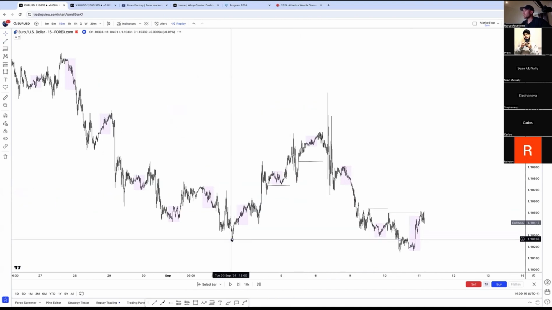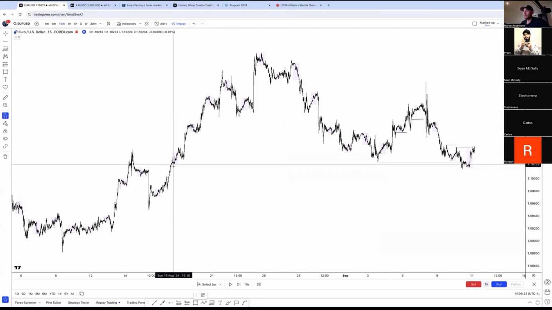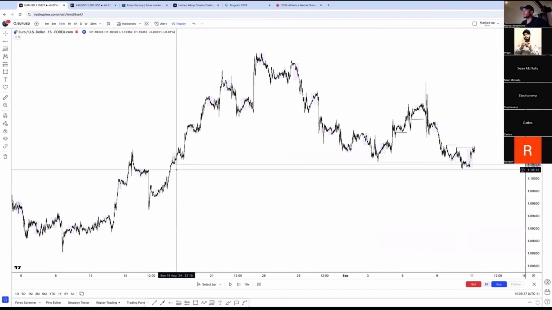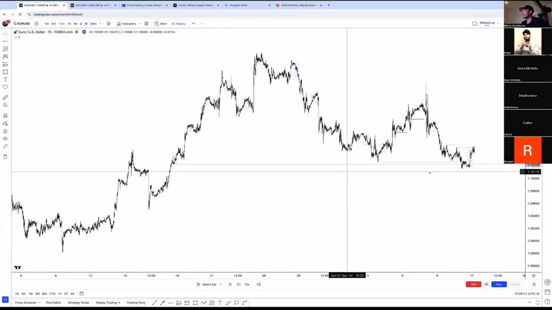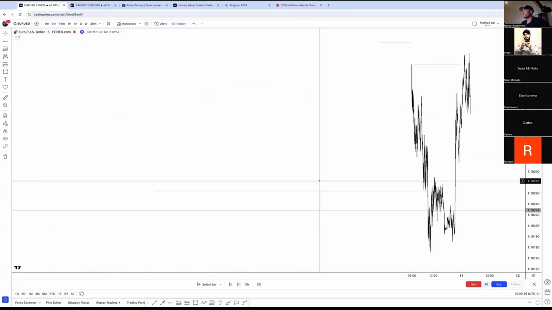Once the liquidity is clear from the left, and also I believe we ended up running some lows from the left over here. If I grab this, you can see that we ended up running that, tapping into some sort of imbalance here. If you look at my cursor, imbalance here, we tapped into that area, and that's when I started looking for buy positions.